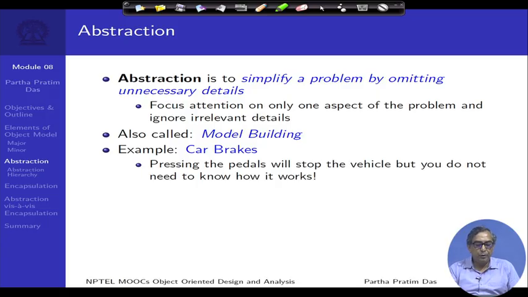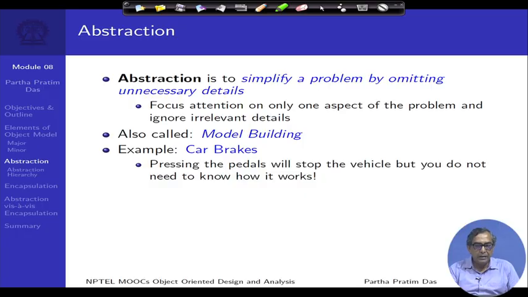When we talk about abstraction, we first look into what our intent is in creating the description or specification, and for that intent we look at only certain specific aspects, a certain specific view of the system or subsystem, and ignore the rest of the details. This process is called abstraction,